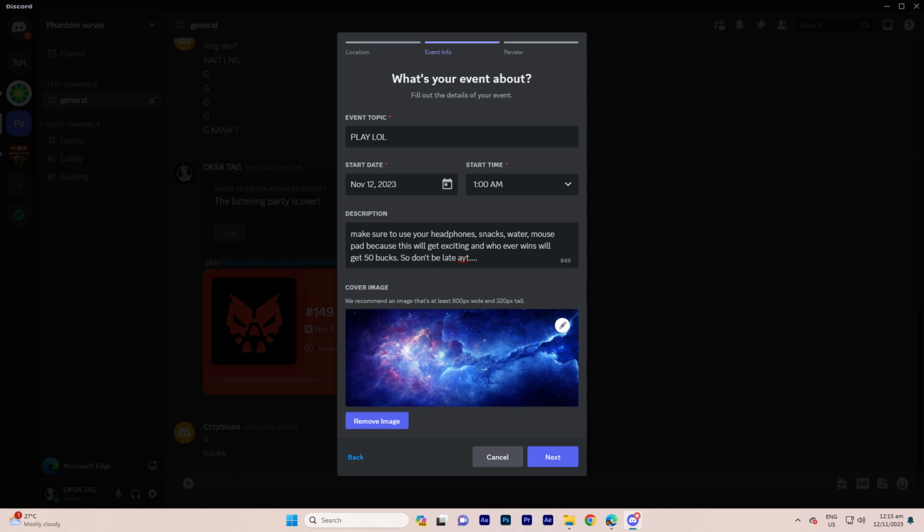Make it clear. Now, set the start date to your preferred day and time, granting you the flexibility to choose when the event kicks off. In the start time section, tailor the commencement time according to your preferences. The description field allows you to communicate additional details about the event, such as instructions, what participants need to bring,